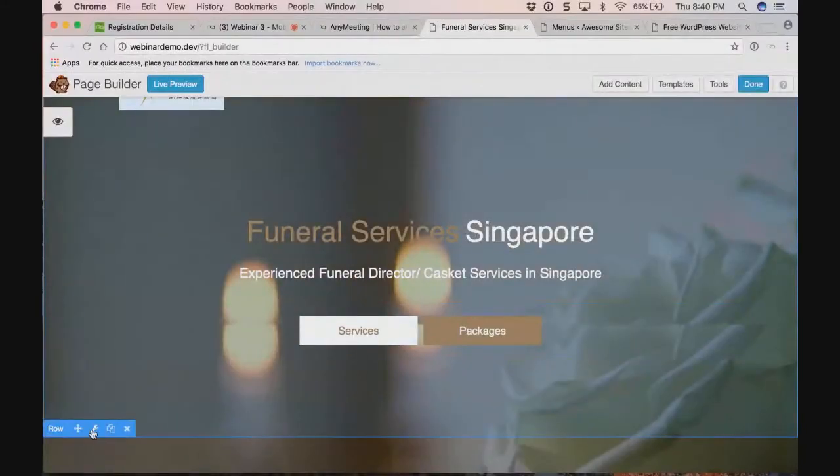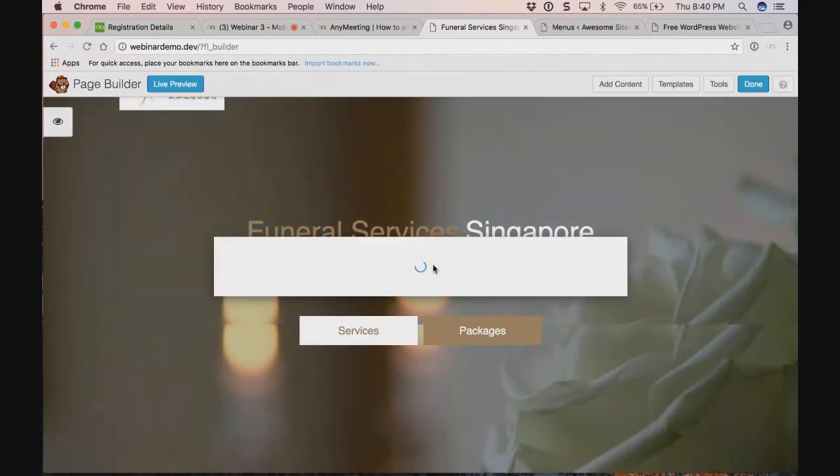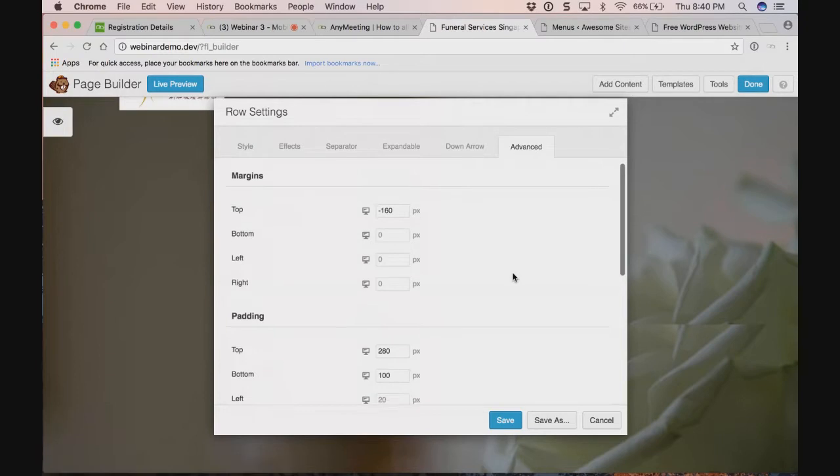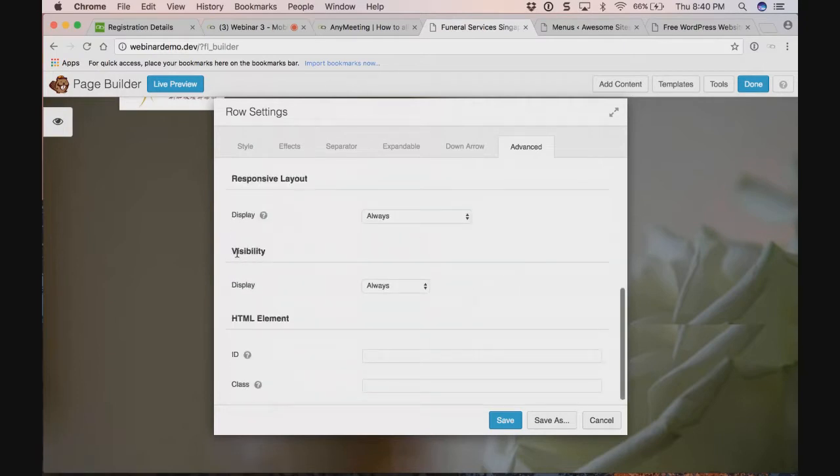In every module, if I click the spanner, I can go to the advanced tab of Beaver. Beaver has an advanced tab. In the advanced tab, I look for the visibility option. That's what I mean. In the display, under visibility option,